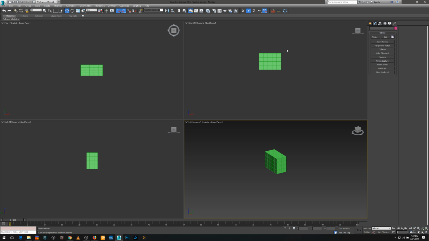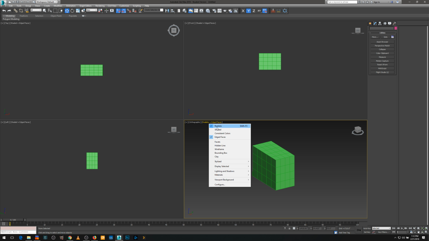Now all of these have different shading options as well. Right now we're in shaded edge faces, which means that you see these lines. And I had said that you could press F4 to hide them. So now it's realistic. Press F4 again, realistic plus edge faces. Shaded and realistic doesn't really have a big difference right now because there are no lights in the scene, but later on when we add lights, we might want to go to realistic. And if we show lights and shadows, there's a default scene light. It doesn't necessarily exist, but if we choose illuminate with default lights,